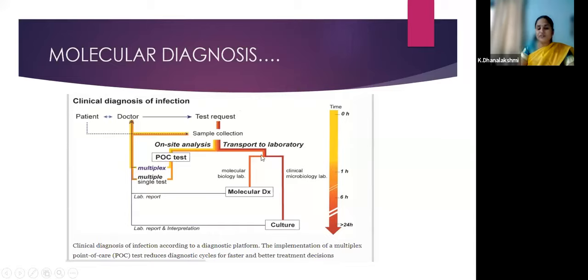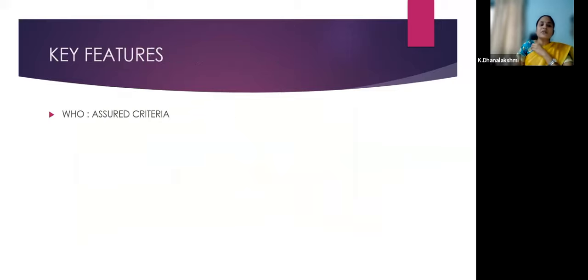On the other hand, if you transport the sample to the regular laboratory and proceed with the regular investigation, for example, a TB culture or some other investigations, it may take more than 24 hours. In that case, you are not going to get your results quickly. So this is an advantage of applying an appropriate molecular diagnosis. You get the results quickly and you are able to triage and further proceed. So these are the common platforms. Now we are applying the rapid diagnostic test.